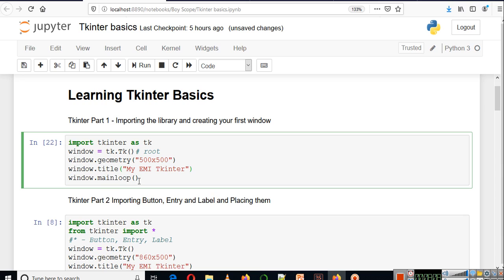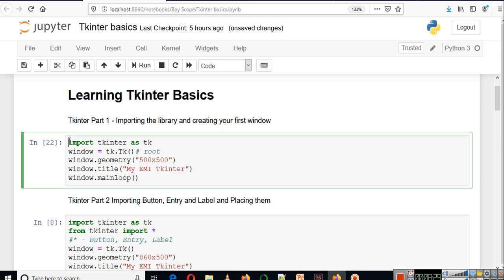Now this mainloop method has no attributes. The title method has a string attribute which is going to be the title, and the geometry method has an attribute which is the orientation, or you can say the size of our window.